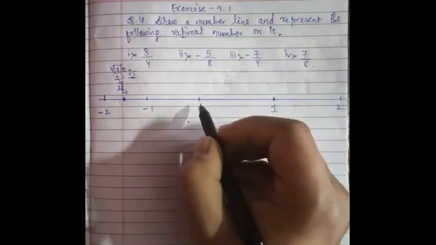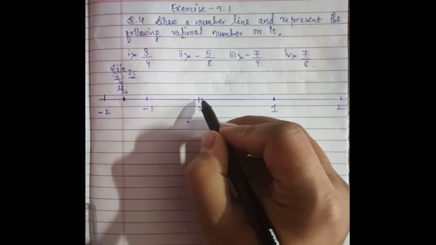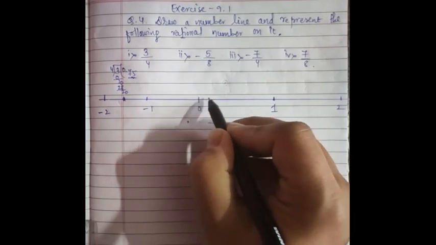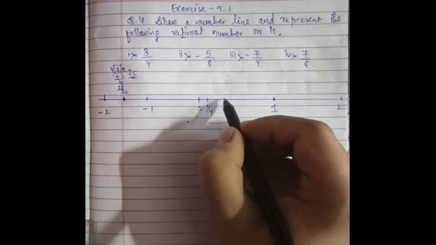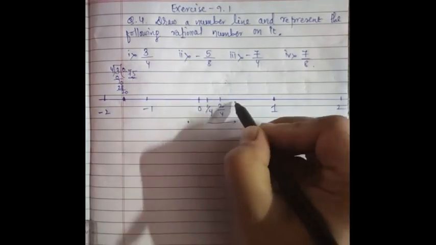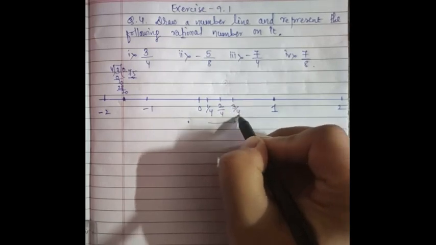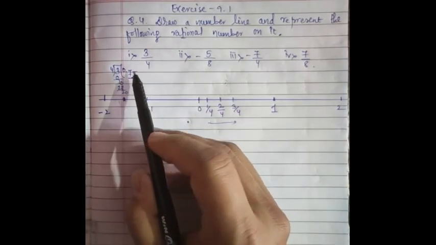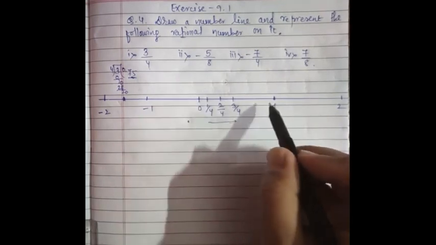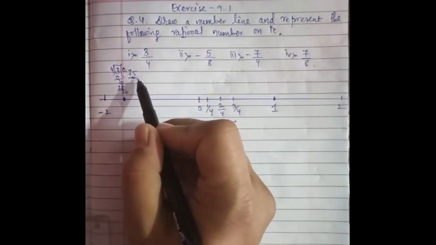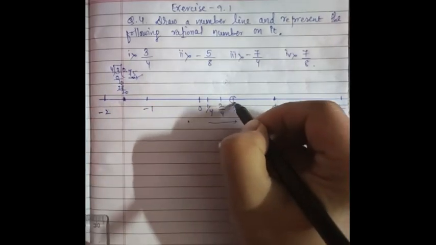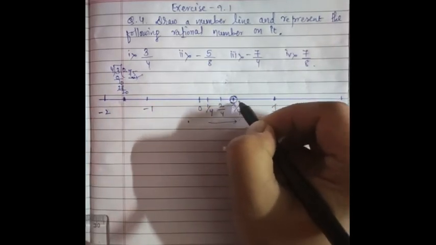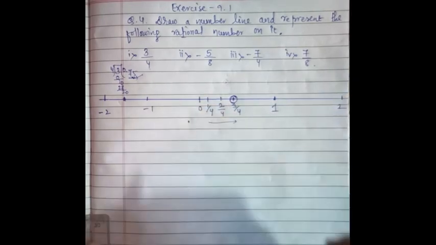Alright. So what we are going to do here is, starting from 0, just move on like 1 by 4. You have to reach 3 by 4. 1 by 4, 2 by 4 and 3 by 4. So your 0.75 or 3 by 4 will be in between 0 to 1, that we have understood by dividing this number. And to represent this, you will make a circle with a dot at the center. This will be represented as 3 by 4 in a number line, okay.